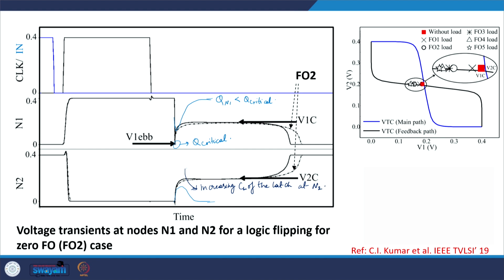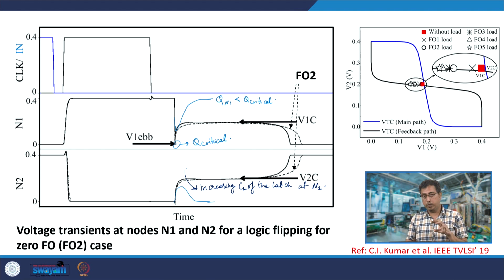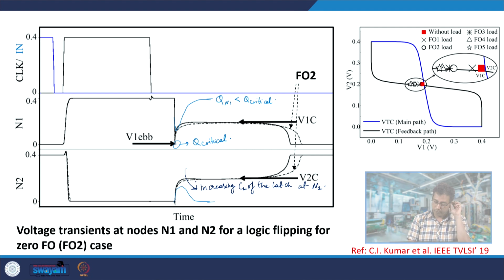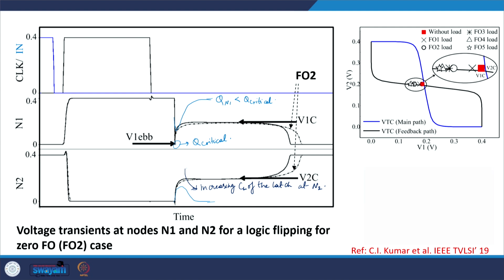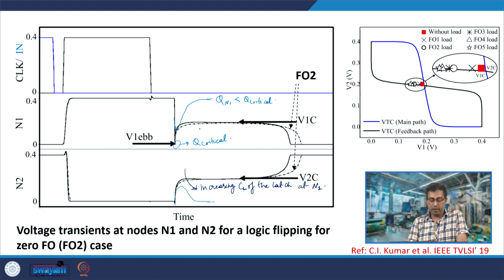So, what would happen now? You require a larger charge at node N2 to be supplied. So, therefore, to reach the metastable point, you would require a larger charge, or in other words, the value of V1 which would cause this flipping would be slightly lower. So, as you increase the load capacitance, increasing CL at N2, you would find that the V1 would rise more slowly, and that would cause a larger